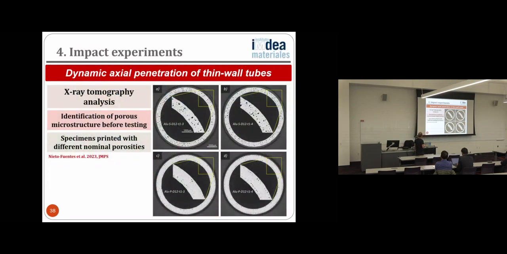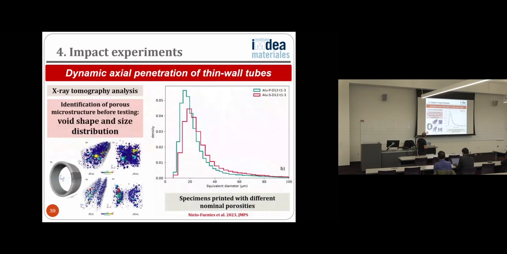We were testing different materials, those that I just showed you before. These are tomographies of the thin wall tubes that we tested. Again, this is just the cross-section of the thin wall tube. The projectile is going to penetrate the target axially. The diameter of the projectile is larger than the diameter of the tube, and the tube is going to expand, and we want to understand the effect of porosity. You can see here very clearly the porosity in the fragmentation of the specimens. These are simply tomographies for different specimens printed with different printing qualities and so on. So we characterized the porosity before.